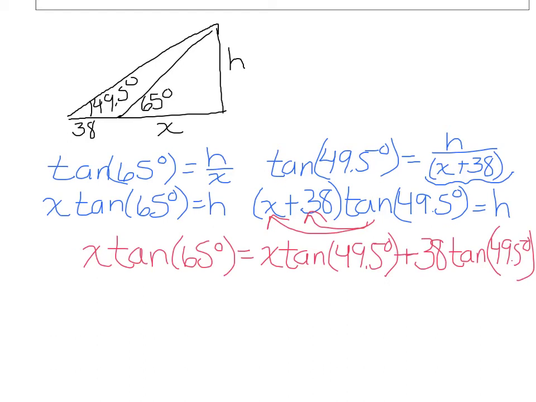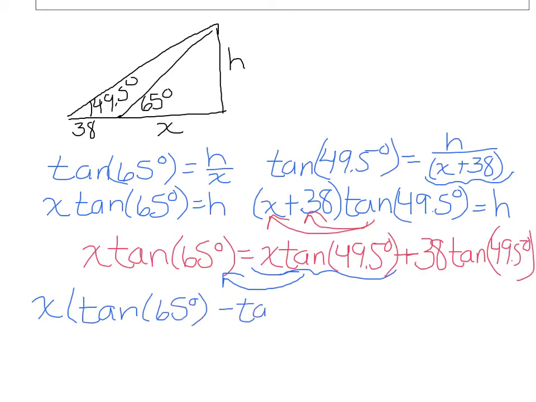Alrighty, so we want our x terms to be together, so I'm going to subtract that term from this term, and I'm going to factor out my x's. I'm going to do it all in one step. So imagine subtracting this term and then factoring out the x, and that will leave me with x times the quantity, the tangent of 65 degrees minus the tangent of 49.5 degrees